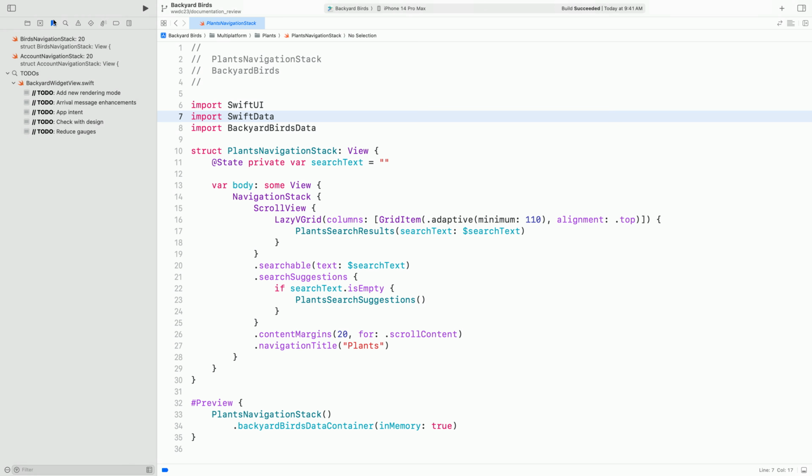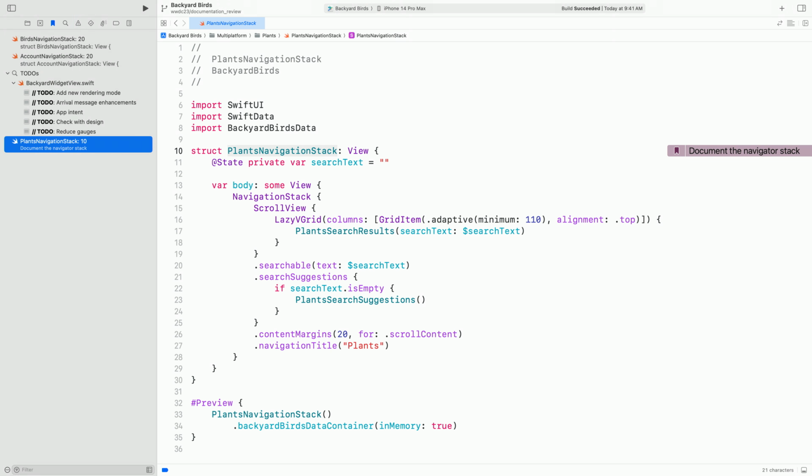I've been adding bookmarks to places in my code that I need to add documentation. I want to add another one in this file, and it's easy to do. I'll just right-click on this location and select Bookmark. The bookmark shows up in the Navigator with a preview of its location. But I can change this display if I want by clicking it and entering a different description. Xcode annotates a line of code with my description, making it easy to see and remember what I wanted to do.